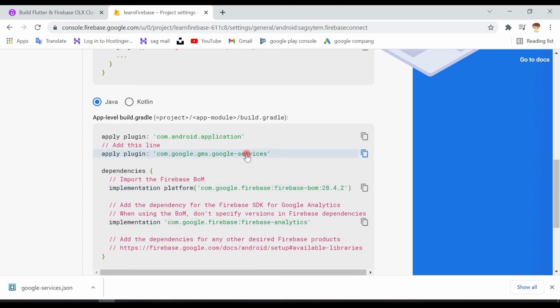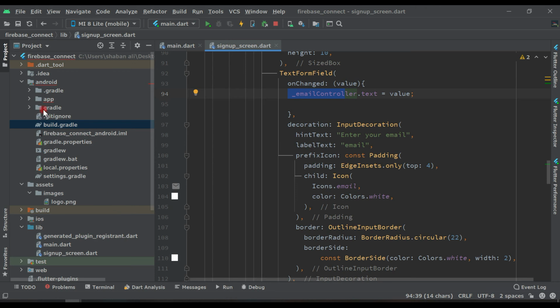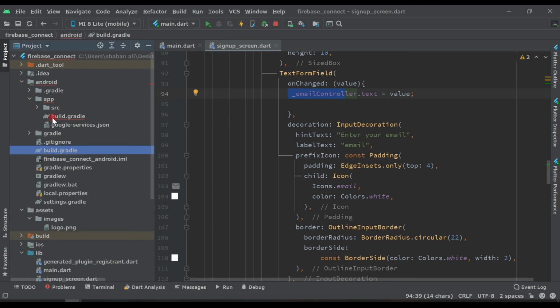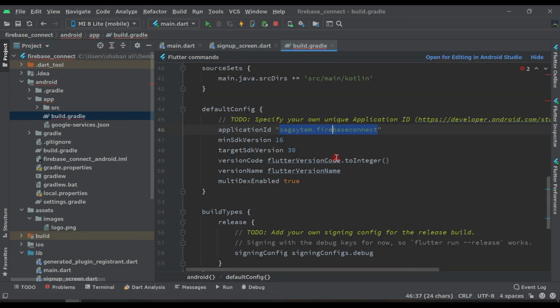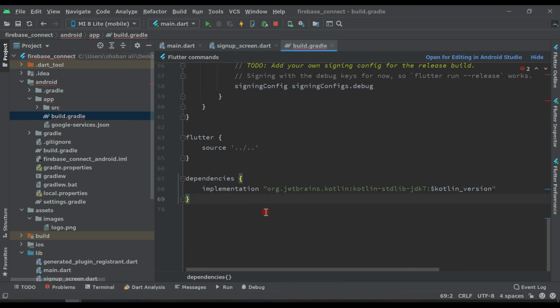Here we have to add this Google JSON service. So click this and copy this line, come to Android Studio, go to app, open app and its build.gradle, come down here, and after the dependencies just paste it like this.